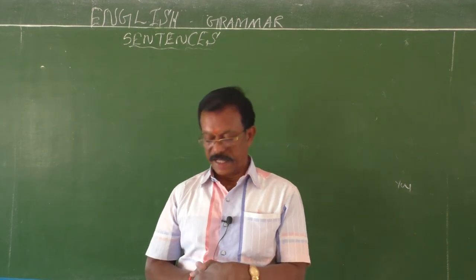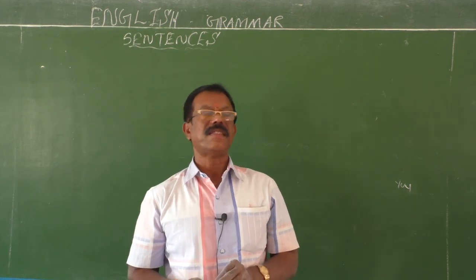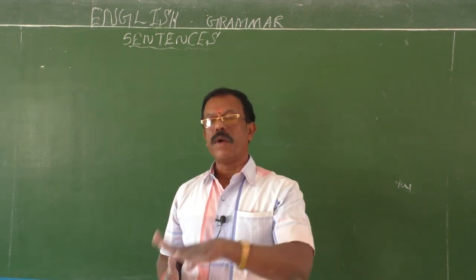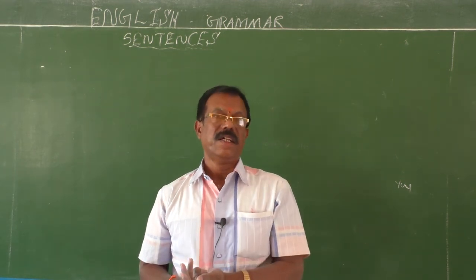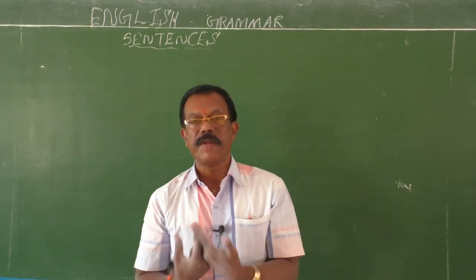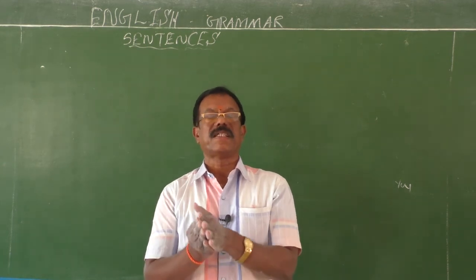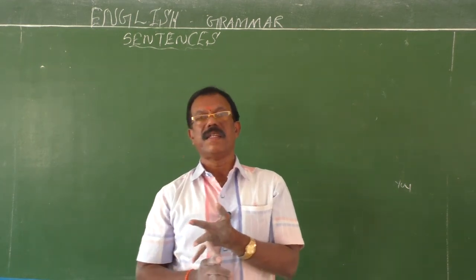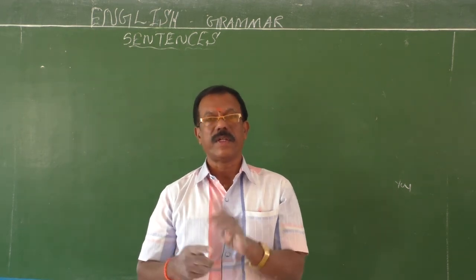The last one, complex sentence. As the name itself says, the complex sentence is a bit difficult because it has a complex structure. In the complex sentence, we have only one main clause and one or two dependent clauses. These dependent or subordinate clauses depend upon the main or principal clause for the completion of its meaning. The main clause is connected with the subordinate clauses with the help of subordinating conjunctions: as, since, if, unless, though, although, even though, no sooner, as soon as, okay,